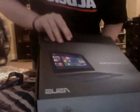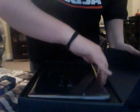Bet. Alright, here we go. Oh my god, it's so beautiful. Here it is, guys. It says ASUS on the back. In the front, we've got CPU, Intel quad-core processor, wide 178-degree viewing angles, USB 3.0 super speed support, laptop with